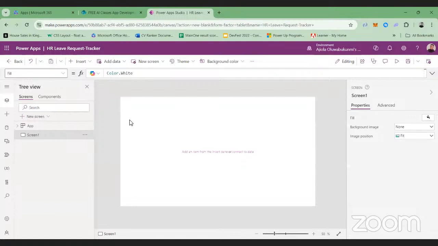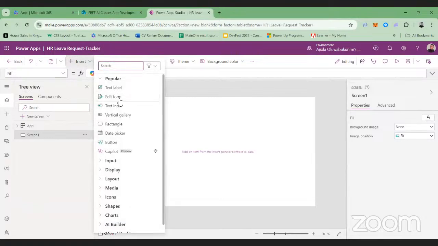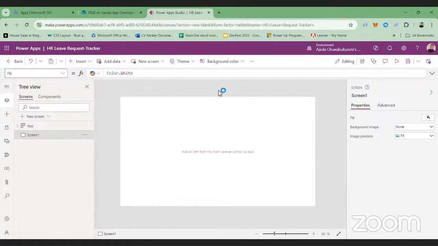This is our first screen. Let me introduce us to all the features that we have. Again, we have the text label, we have our edit form, we have our text input, we have our vertical gallery, and we're going to be making use of all those things. And we have what we call containers. So containers are like